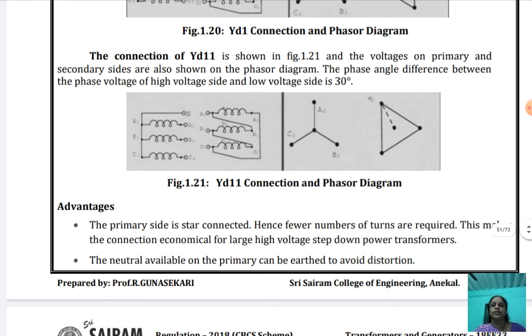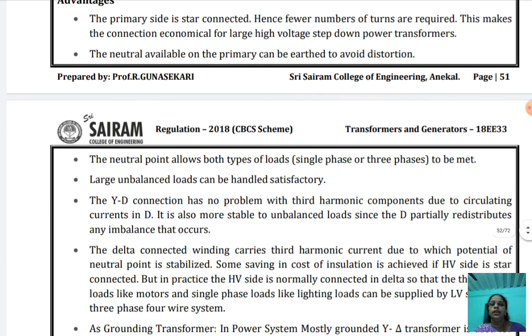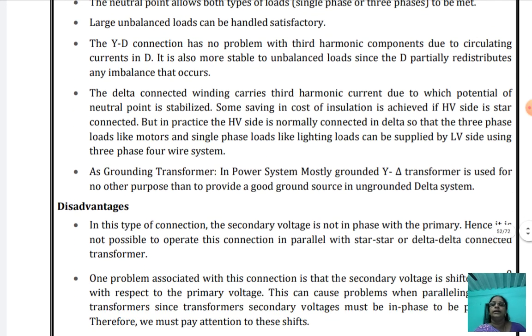So in this case, what are the advantages? The primary is star connection, the secondary is delta connection. Therefore, with the primary star, fewer turns are required. The neutral available on the primary can be earthed to avoid distortion, and a large unbalanced load can be handled satisfactorily. The neutral point allows both types of load, that is single phase and three phase loads. It is used as a grounding transformer, and the delta winding carries the third harmonic current also, and then